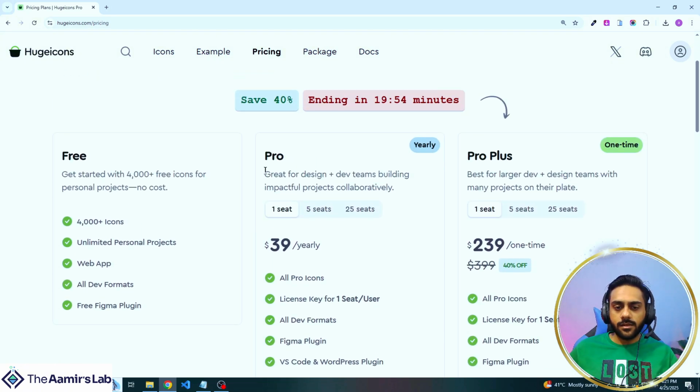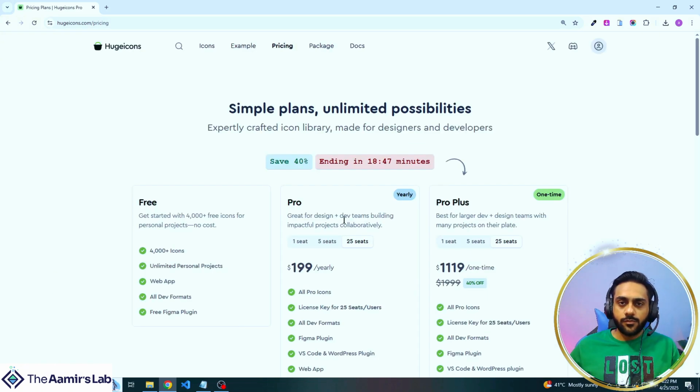And as you can see, the Pro package has 5 seats, 25 seats also. So you can buy these packages according to your requirement. If you want to buy the yearly package, you can simply buy this. And if you want to buy a one-time payment package, you can simply buy this. So go and check out this pricing according to your requirement.